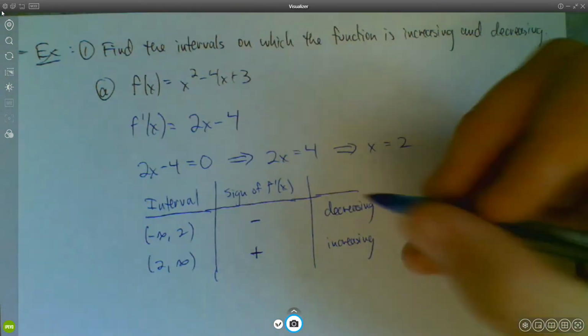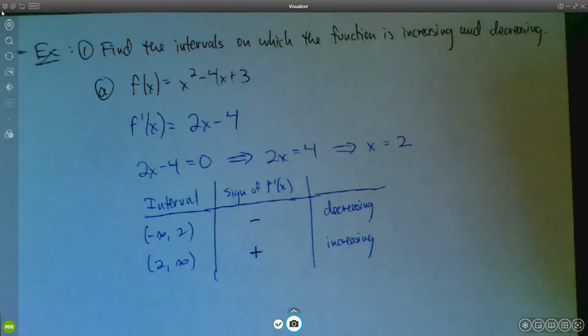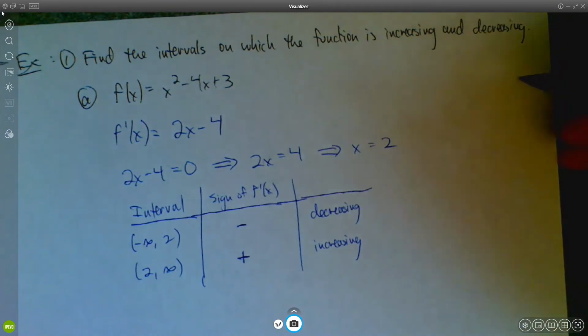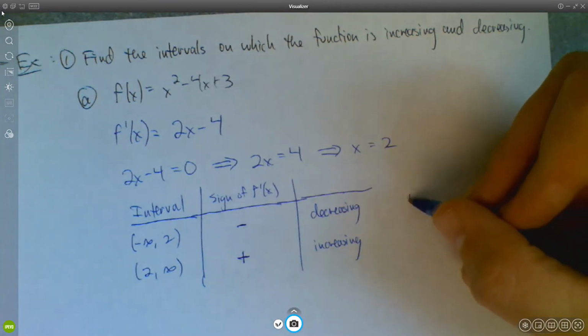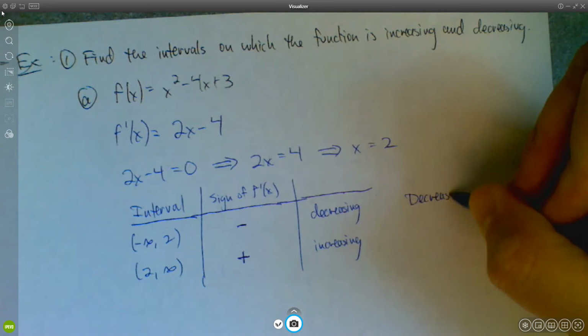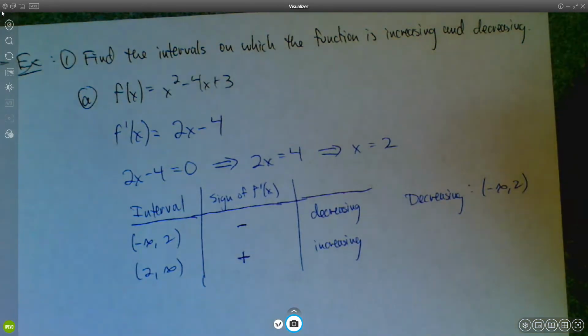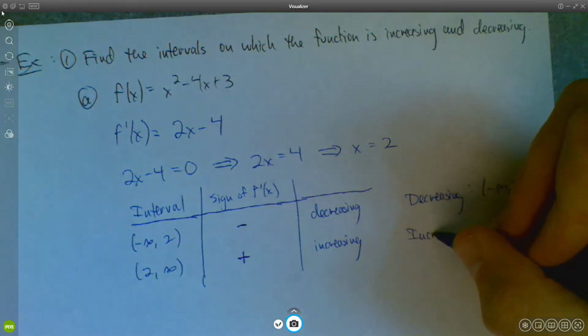That may seem like a little bit of overkill for this particular function because this was kind of a simple one, but you'll see that sign charts come in handy for some of the other examples that we'll look at. So there you go, right? We would say, well, okay, so we're decreasing from negative infinity to 2, and then increasing